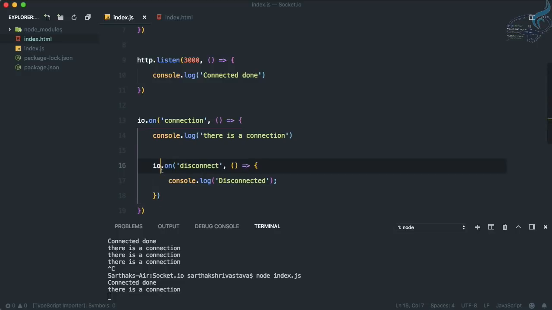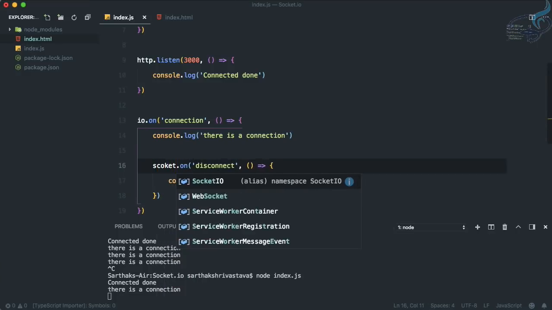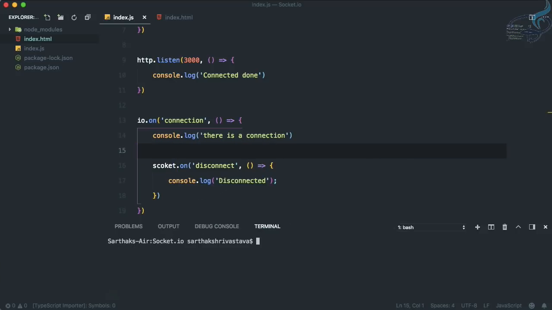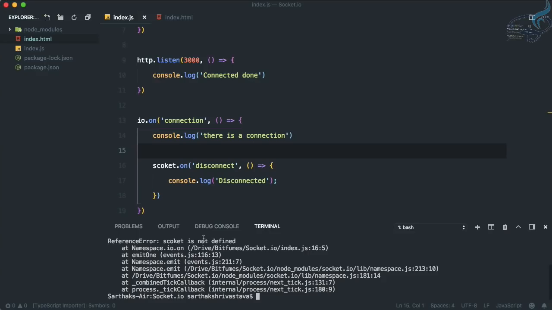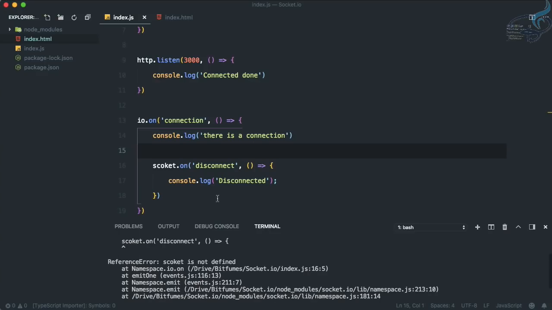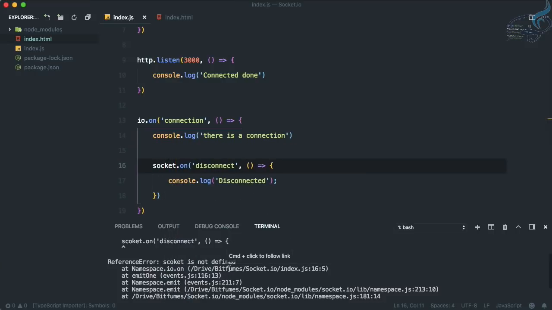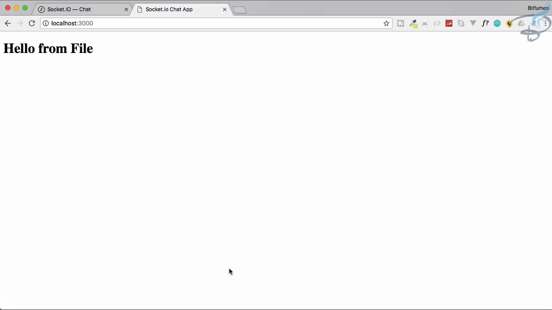So I think the problem is it's not io, it's simple socket. So we need to say socket.on disconnect, and then it will connect. So one last time, and it says socket is not defined. Spell it correct, Sarthak. Okay, so refresh,